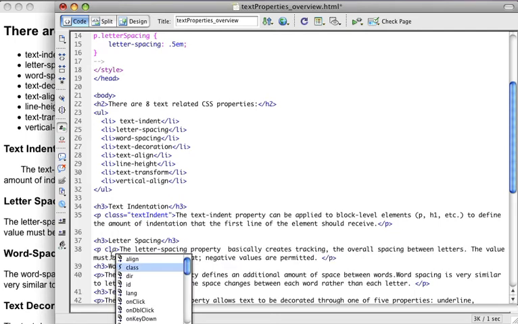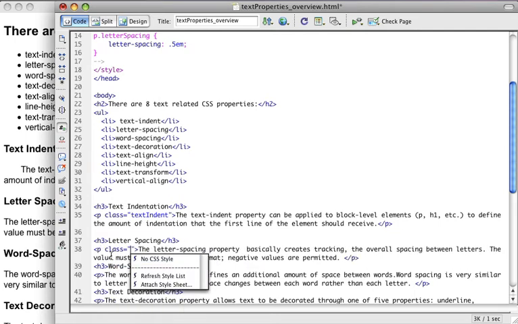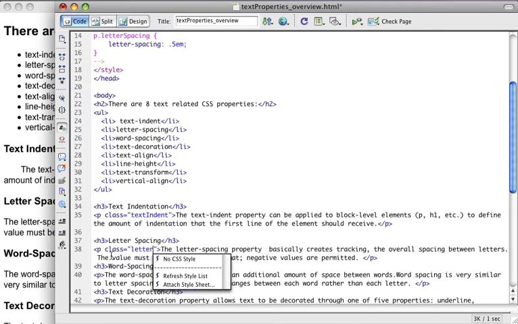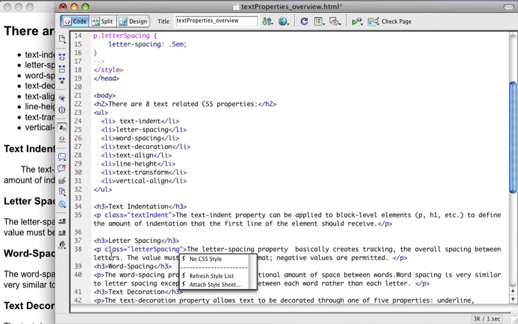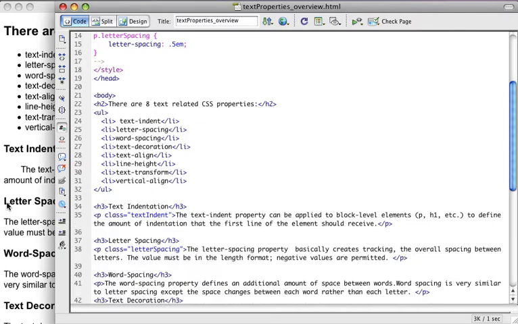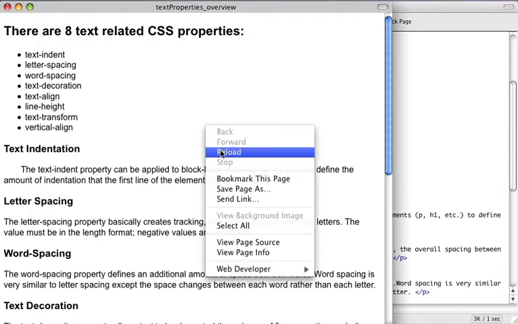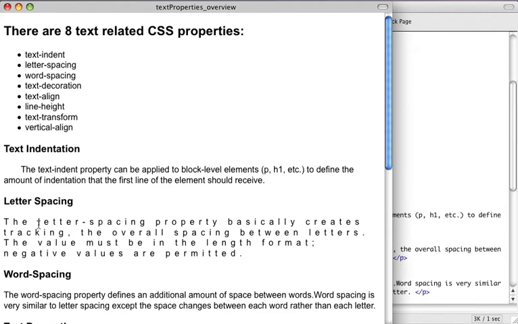So I'm just going to go ahead and assign a class. And the class that I want to assign is going to be letter spacing. And I don't have to do a closing tag when I'm using the class within a tag because my p tag is closed right here. And so that can definitely be helpful. I'll save my page and we'll refresh in the browser, and you can see that now all the letters have